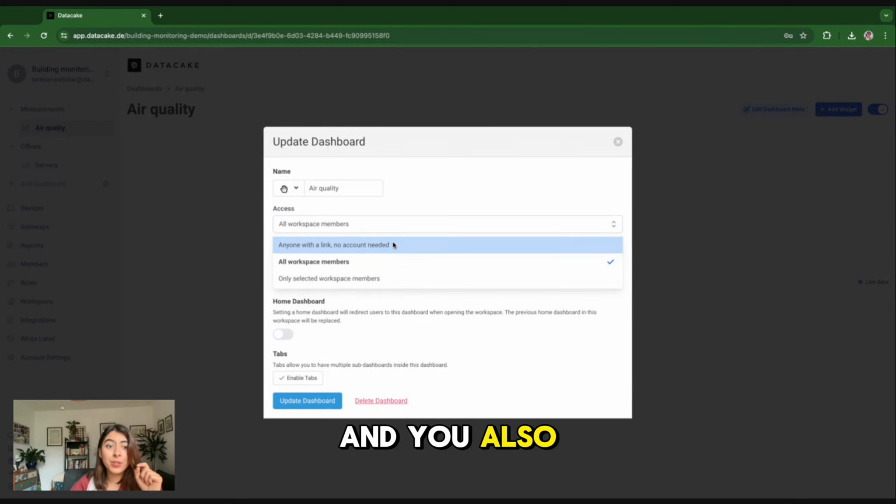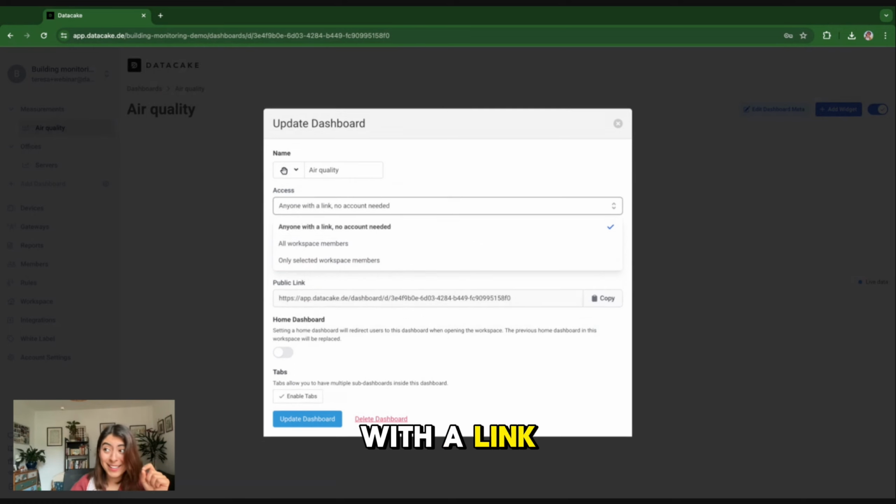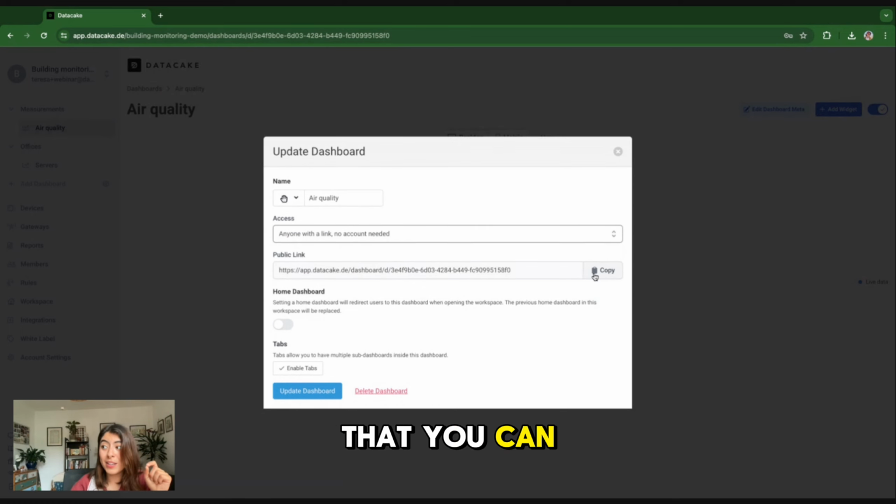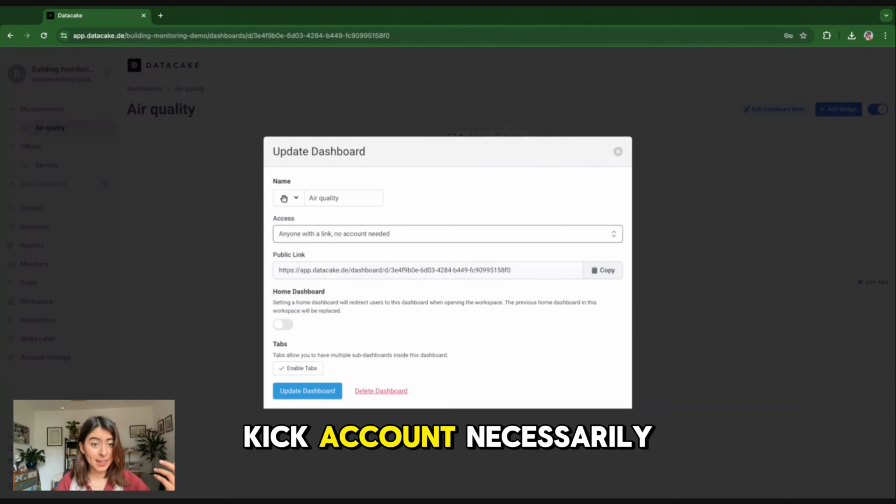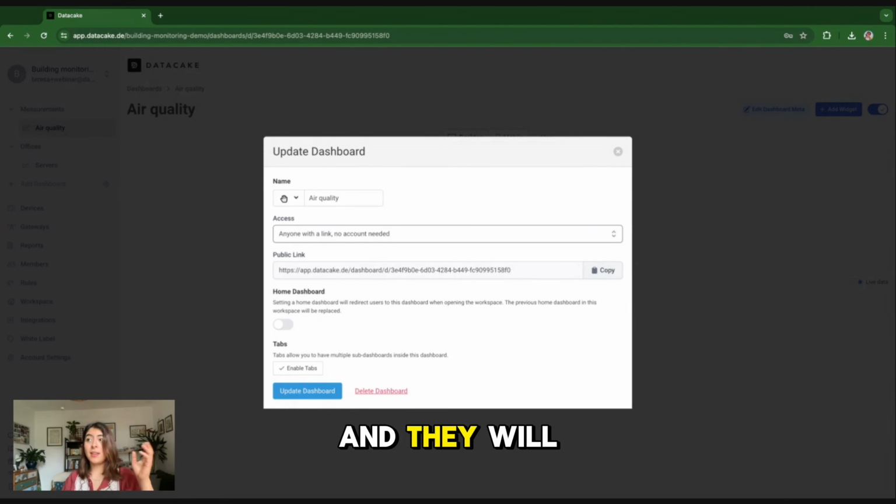And you also can select anyone with a link, and this will create a link that you can copy and paste and you can share with people that don't have a Datacake account necessarily, and they will have access to